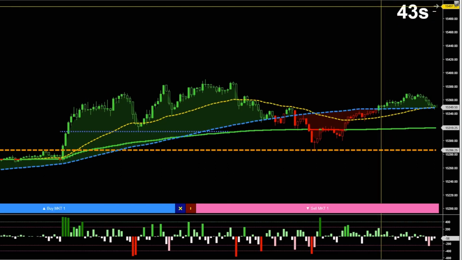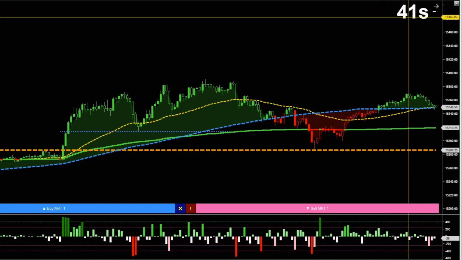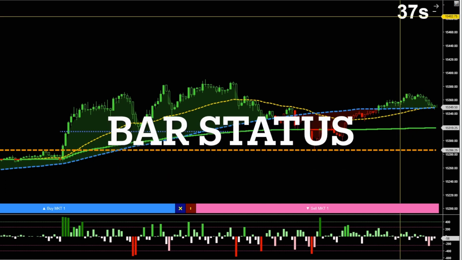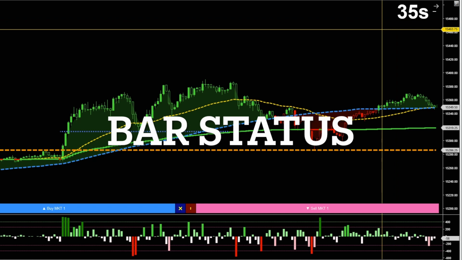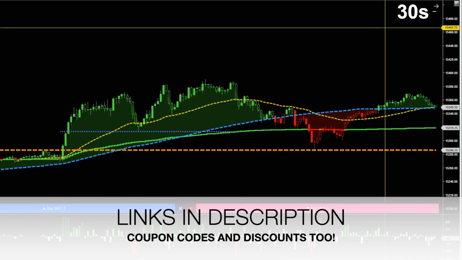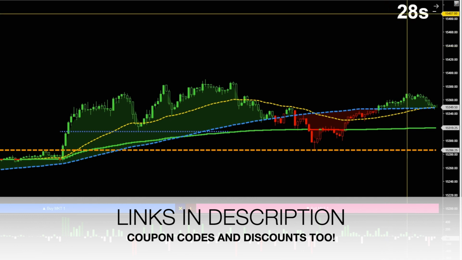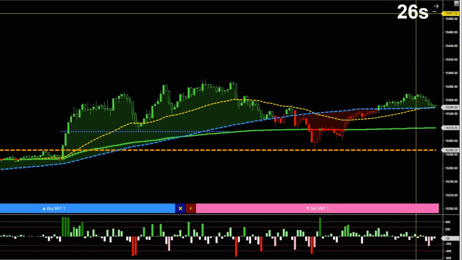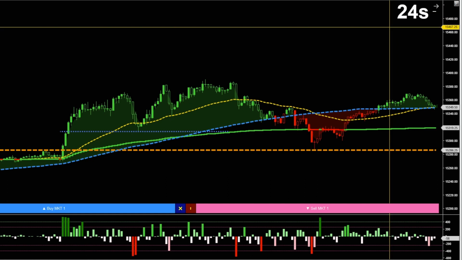The other indicator that I really like using, and this one's totally free. If you go to Ninza's website, this is called the bar status indicator. If you join their club for free, their newsletter, you get access to download all these free indicators, and this is one of them. I love this indicator. It's one of my favorite of theirs,